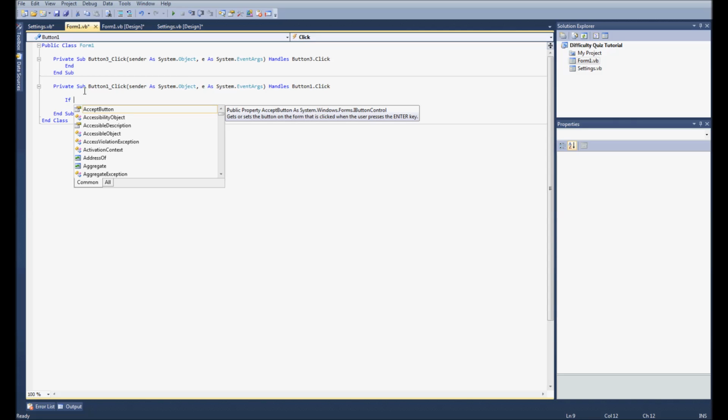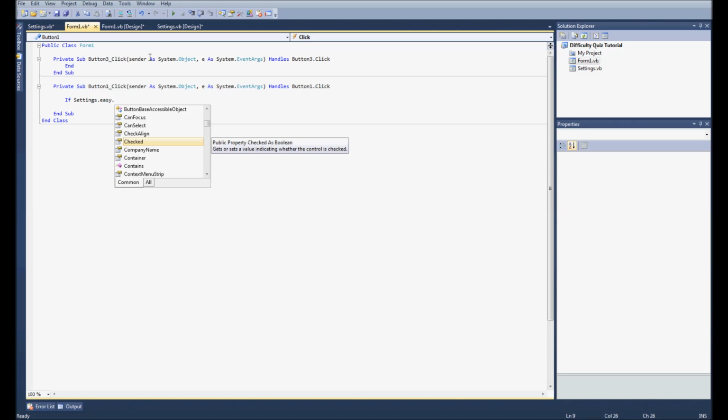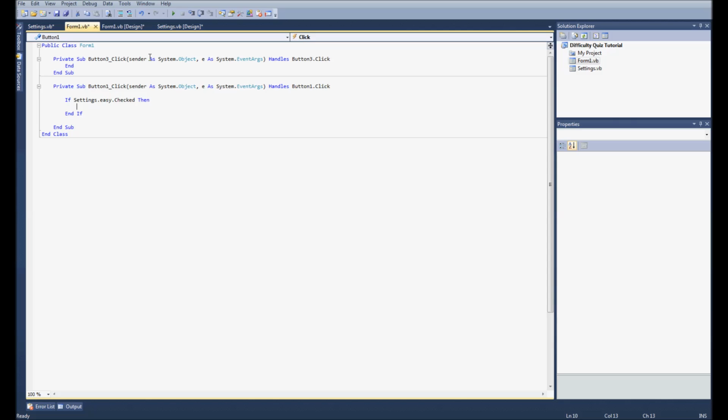So if, and then the form we put the radio buttons in is settings dot, and then whatever we call the radio button, as you see here, is hard. So if settings dot easy dot checked, I think that's it, then